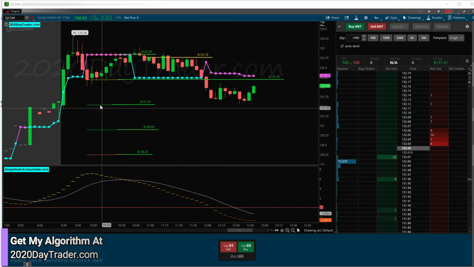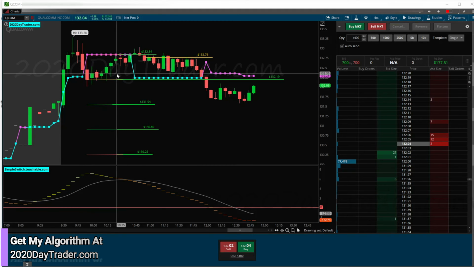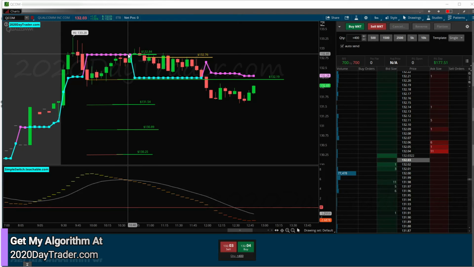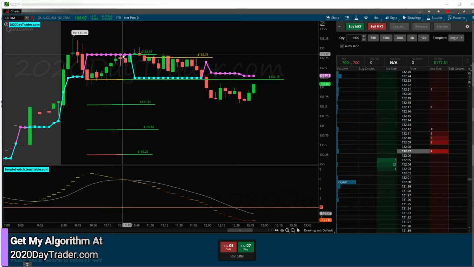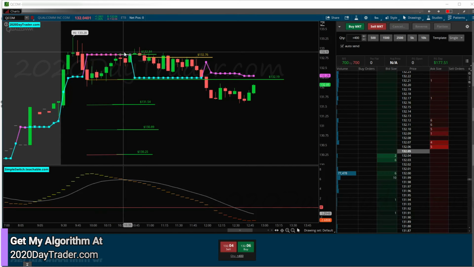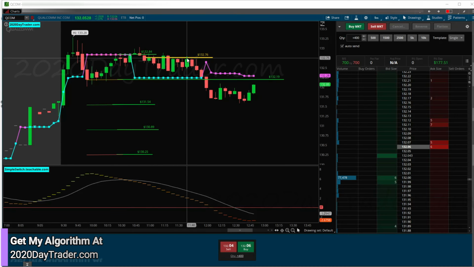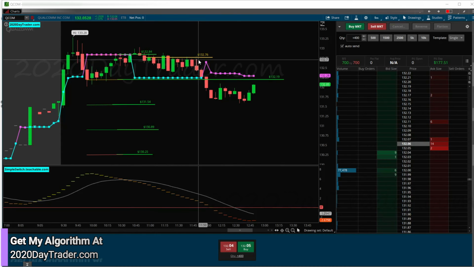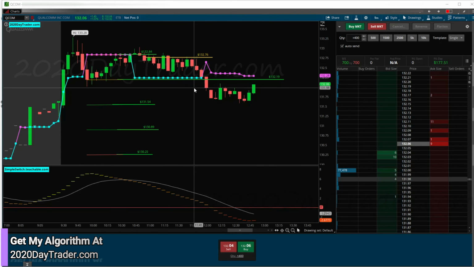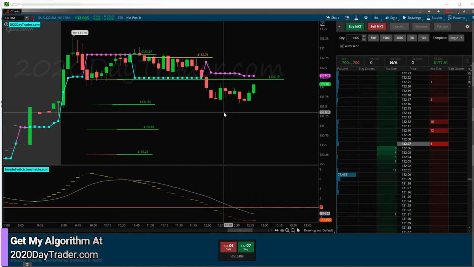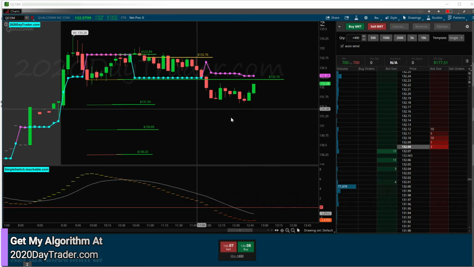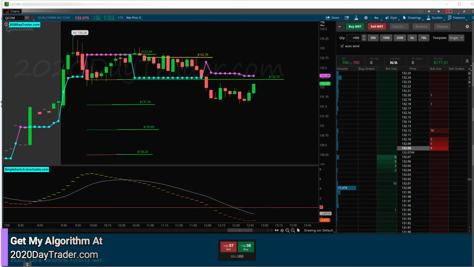Okay, so QCOM, obviously, we had that switch. We traded the switch, got stopped out. Didn't speed bump it because of the strength in the SPY, but the weakness of this compared to the SPY and all those candles, it had to have a retracement sooner or later. Just didn't want to get caught in that, and sure enough, that was a good move. And then we ended up shorting it based on the weakness in the market up here, and got to ride it all the way down, recover all of our losses, and make some money. Strength in the market, but weakness compared to the market with QCOM, knowing that the market on the SPY was going to retrace too as well, driving this down even more. So it worked out to be a great play. All right, so next ticker,